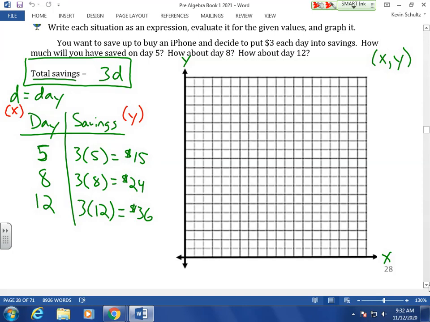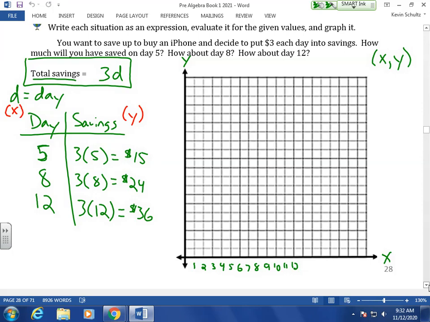So we're going to graph this out to day 12. I've left this blank here because we get to kind of decide how we're going to label it. Okay. If I go out, let's see, how many? 1, 2, 3, 4, 5, 6, 7, 8, 9, 10, 11, 12, 89. Well, that's inconvenient. So I'm going to make every line here just one unit. So I'm writing the numbers 1 through 12 down across the bottom here. I thought about going every other, but I only have 20 X marks there, and I have to go to 24 if I count it by 2, so I'm going to come a little bit short. So I'm just going 1 for every one